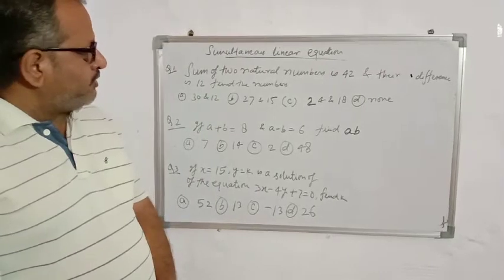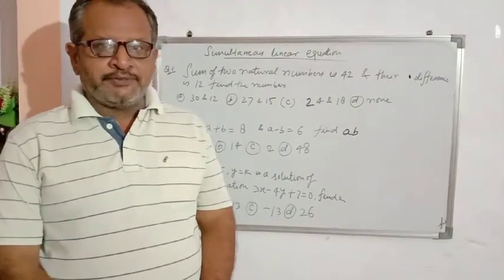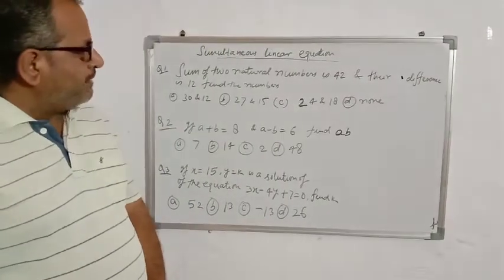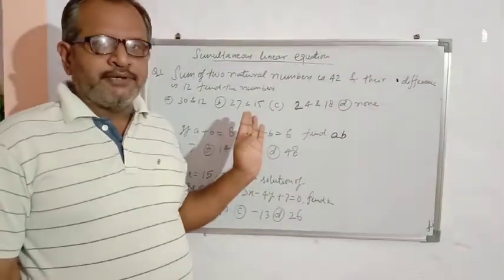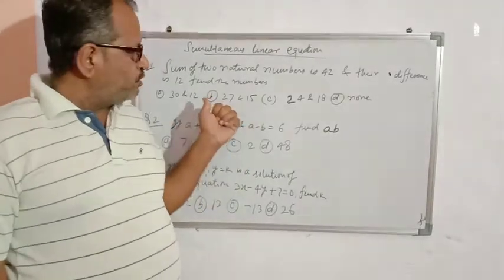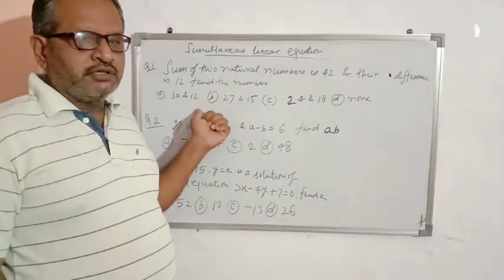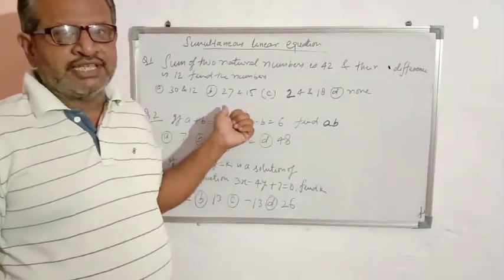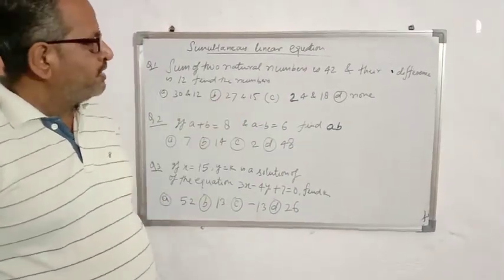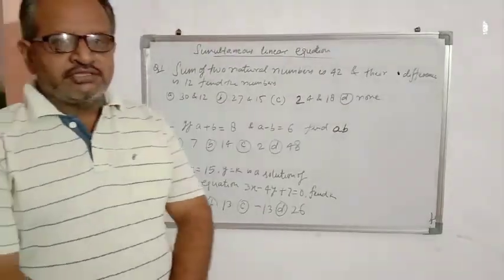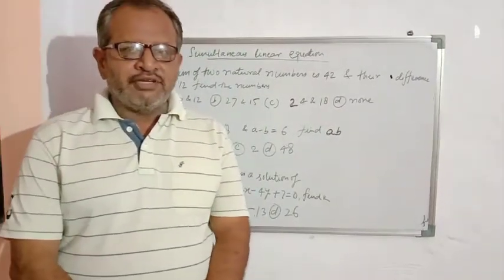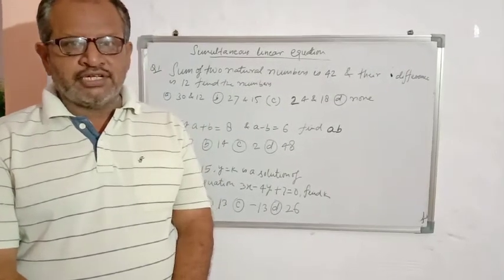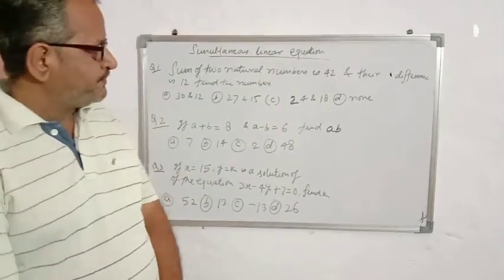So, what type of questions will come in the paper? I am going to discuss that. 25 questions will come in the math paper. MCQ type questions will come. One question is given. There will be four options of that question. You have to choose the correct answer. So the number of questions will be 25 and timing will be 45 minutes. Within 45 minutes you have to attempt 25 questions.